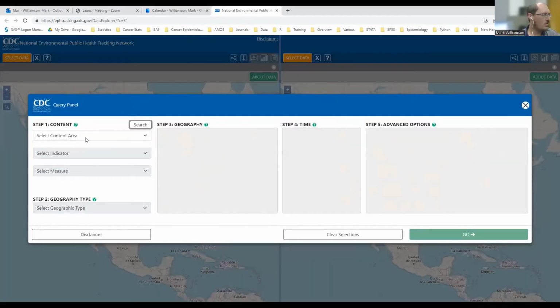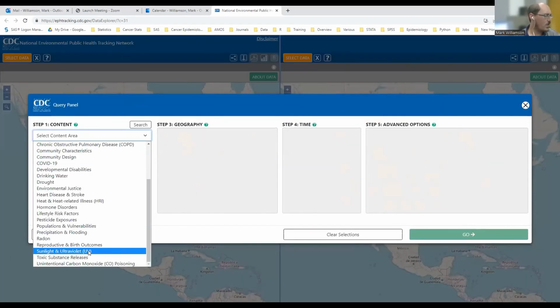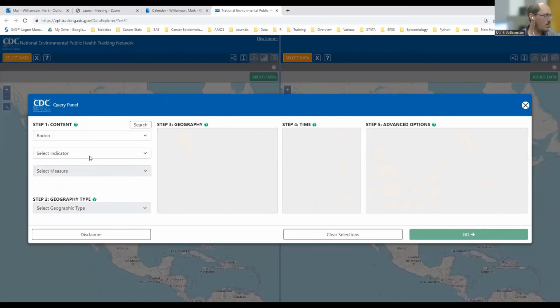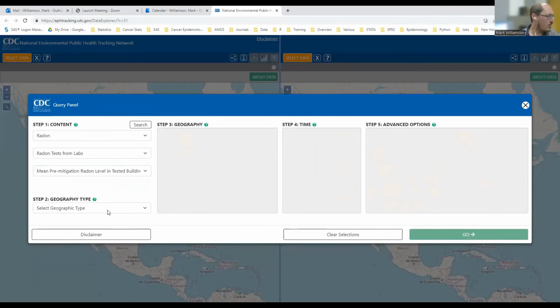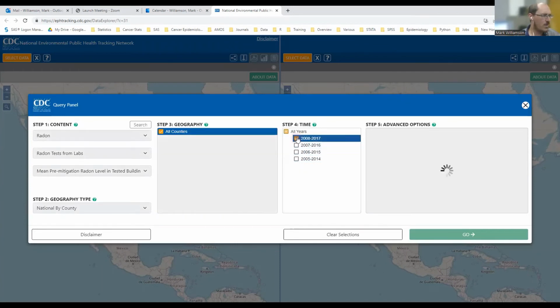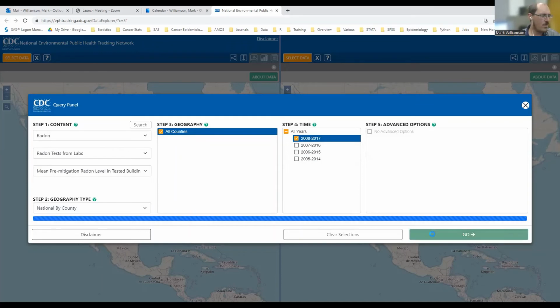So for example, I was talking about radon. You can look at radon. You can look at various different indices. Let's say from labs, look at mean pre-mitigation radon levels. Let's do by county, or sorry, national by county. And we'll do the more recent time frame. And just with a couple clicks,